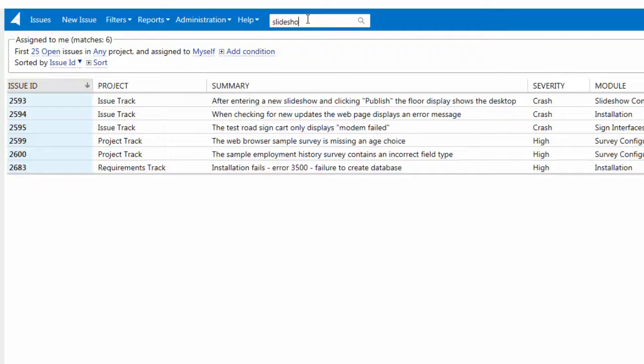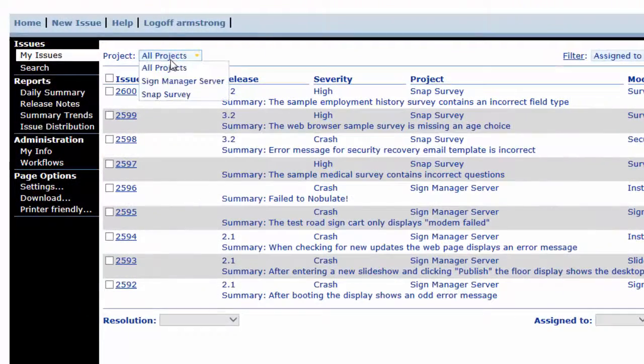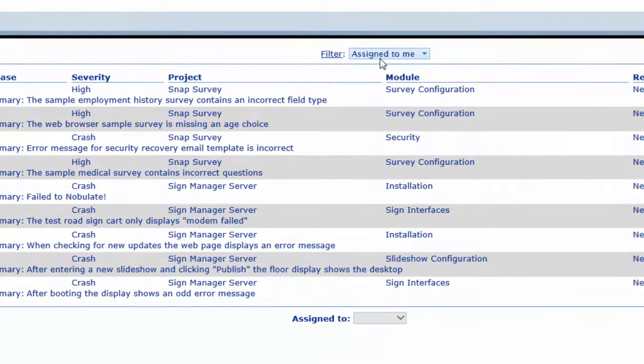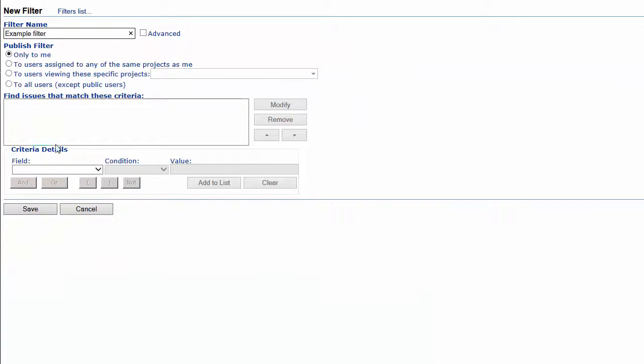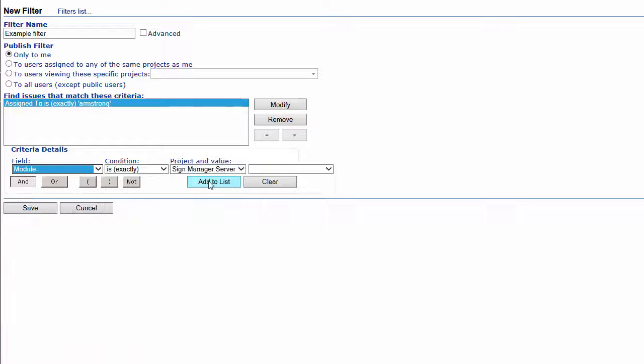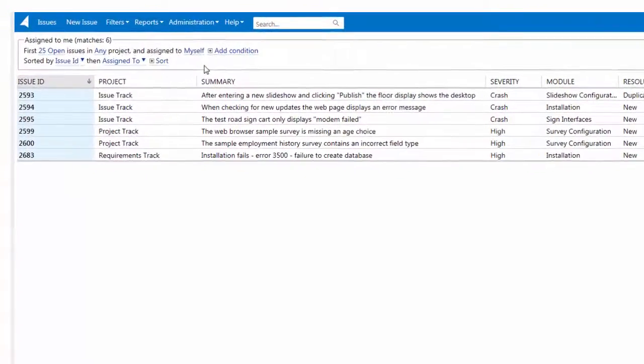The biggest change with the new version of RMTrack is the filtering. In the current version, filtering the list of issues is controlled by selecting a project and/or selecting a predefined filter from the drop-down. New filters can be created by building a list of conditions and then saving. In version 6 of RMTrack, all that's been moved directly onto the issue list page, allowing you to quickly and